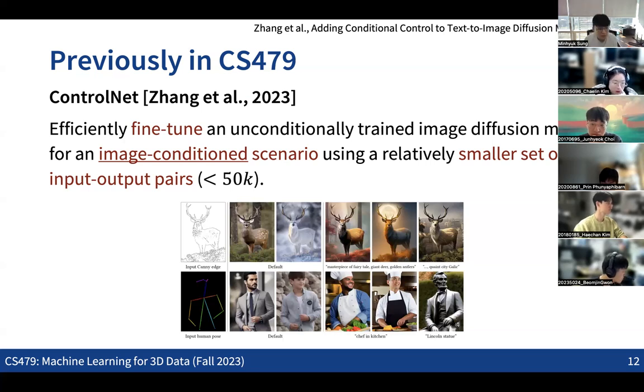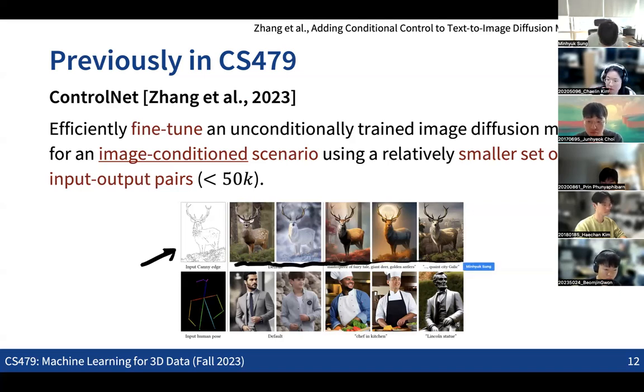For example, when you have Stable Diffusion, which is trained with more than 5 billion images, we can consider adapting that into, for example, a sketch-to-color-image generation setup. As you can see, we have this kind of sketch. Actually, this is the edge map. So we have some sort of edge map input, and we want to generate color images that are realistic and also clearly aligned with the input sketch.